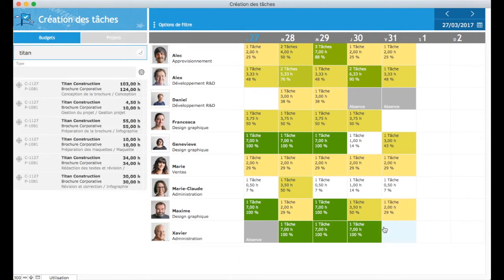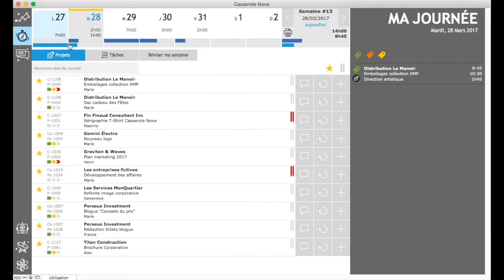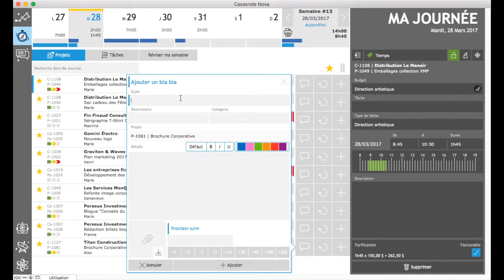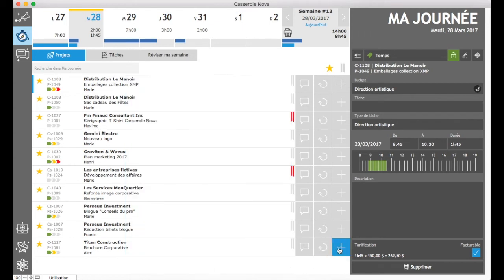Now let's go to My Day, the timesheet section of Casserole Nova. I have my whole week at the top of the screen showing my tasks and my actual time worked per day. I can quickly add a chit-chat to the project from the list to advise a colleague of any relevant information. It is also possible, of course, to add time to my day by a quick click and then select